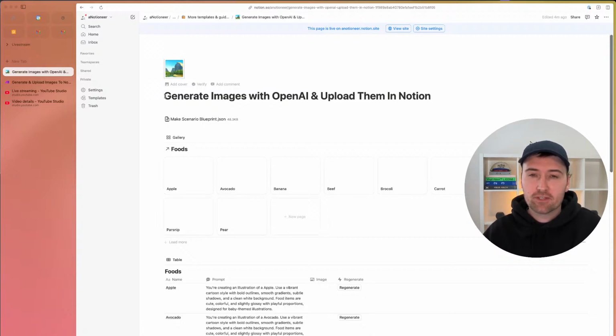But one of the really cool things that has been on my mind lately has been OpenAI's image generation capabilities. We all saw what happened when they released their new model for image generation. And for people who are doing things like scheduling their social media posts in Notion, or needing to create mock-ups, or just creating a food tracker, maybe if you're creating meal plans and things in Notion,